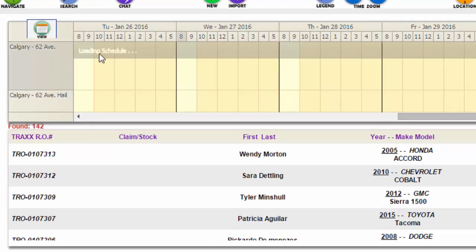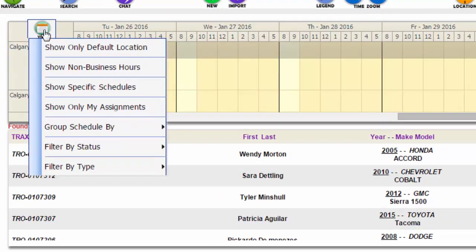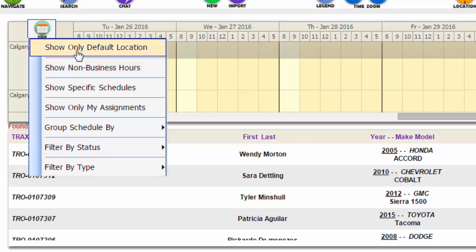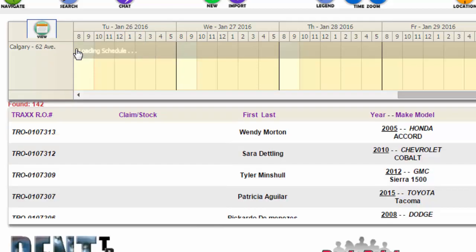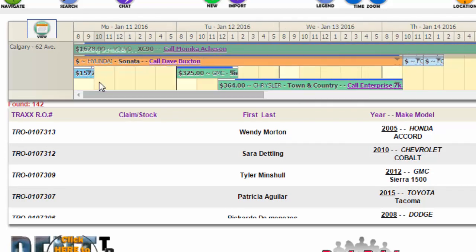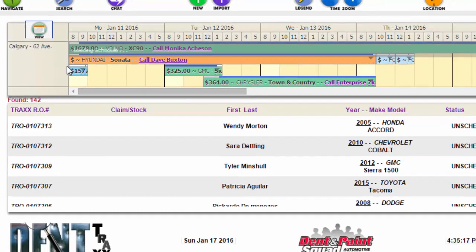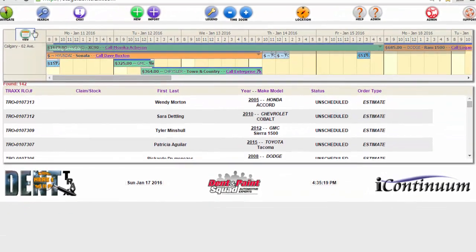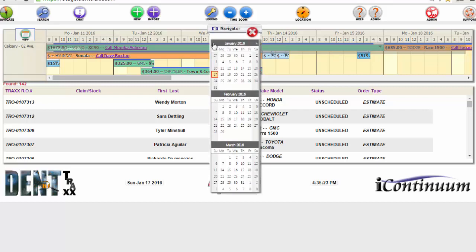One of the other features that affects the locations is from the view where you can show only my default location. So if I click that, now my calendar is going to be shortened down. In this example, where there's very little business going on at this particular location at this time, it doesn't seem to make a lot of sense, but if we go back in time, because this is after all a hail company